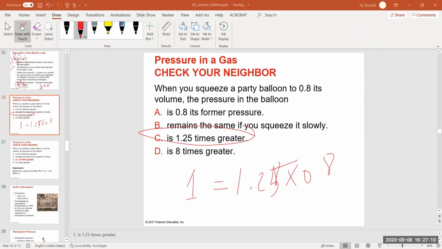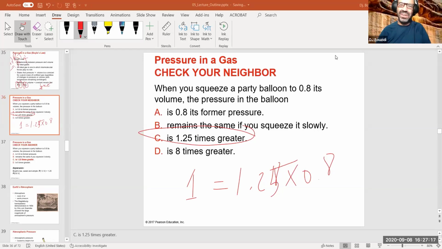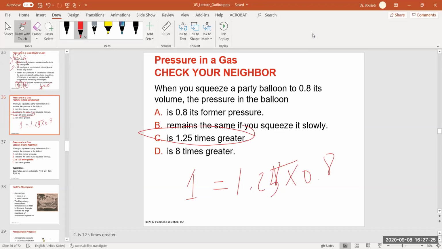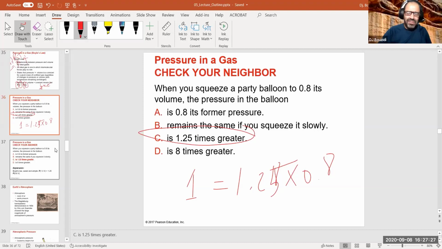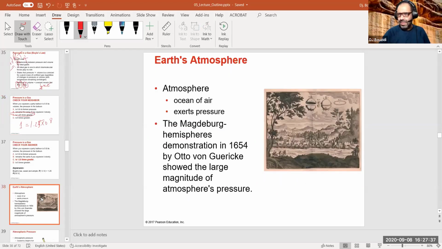You should have brought a balloon with you today. You could have tried it. I have some in here, but I have a lot of junk and sometimes don't have the chance to go through it. Maybe we could make some animal balloons. Believe me, if we were in class, we have a lot of equipment that we can pull out and do stuff with, and it's fun. Unfortunately, we're in COVID times, so take my word for things. If not, try it on your own. I had a Magdeburg hemisphere too, but I think it's in the garage somewhere.